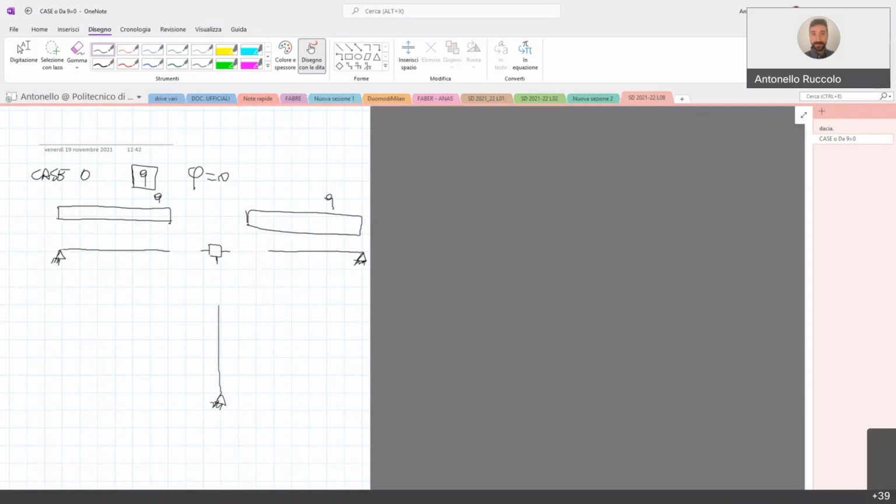this structure. So I have just put a cut. I just cut the beam A, B, and C in correspondence of their conjunction with the node B. Okay? Why did I do that? Because I want to explicit what Professor Gentile has already told you in the first part of the lecture, that flexibility coefficient